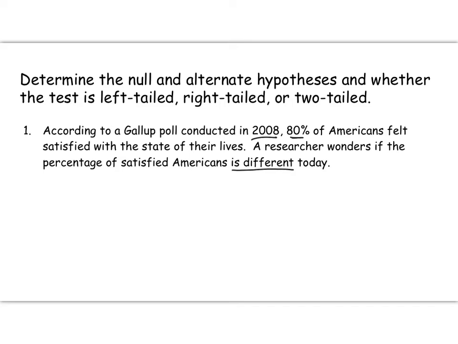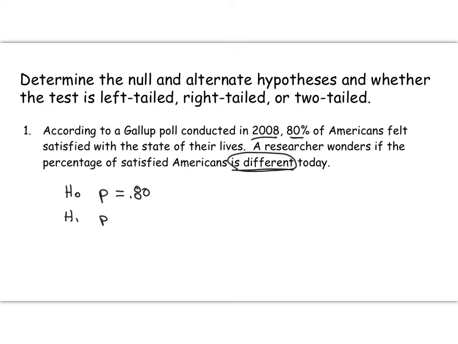So the claim is, see if you can pick out the claim. What are we claiming the proportion is? Well, we think that the proportion is 80%. So we use decimal. We don't use percent. And then the alternate hypothesis, this is the claim that we're investigating,